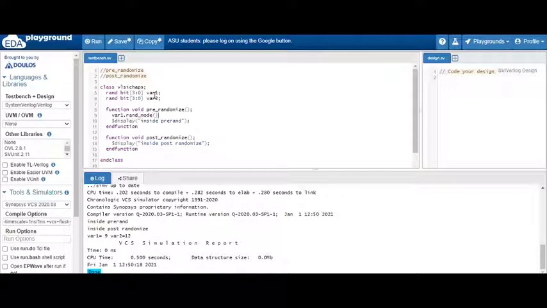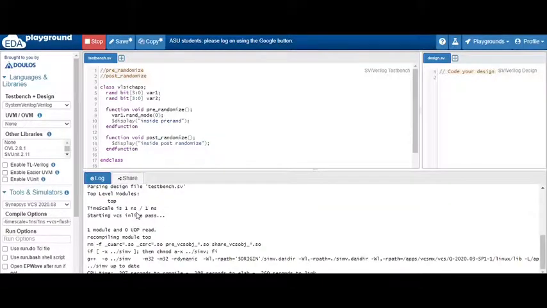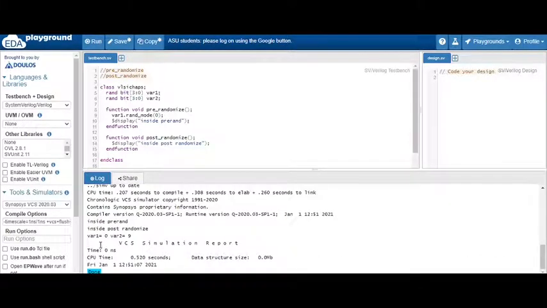This is an inbuilt method, and just write 0 inside. Now if you do this and run, you will see that the value of variable 1 will be 0. See, the randomization is off. So mainly for this purpose the pre_randomize method is used.